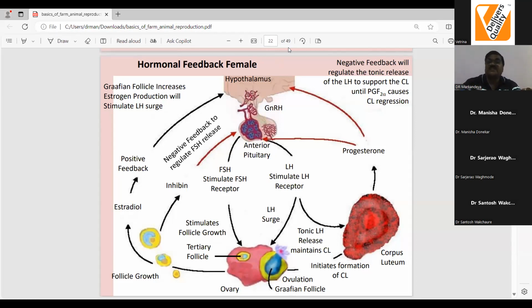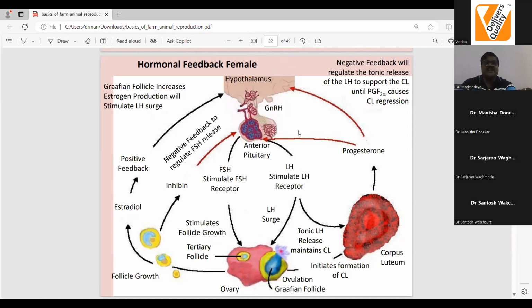So please start the next slide. It is progesterone. Withdrawal effect of progesterone, please underline. Withdrawal effect of progesterone is the signal for the next cycle. It is the signal for the next cycle. This part is more important than the other hormones and their feedback mechanism. Withdrawal effect of progesterone leads to initiation of cyclicity, and maintains the cyclicity in farm animals.